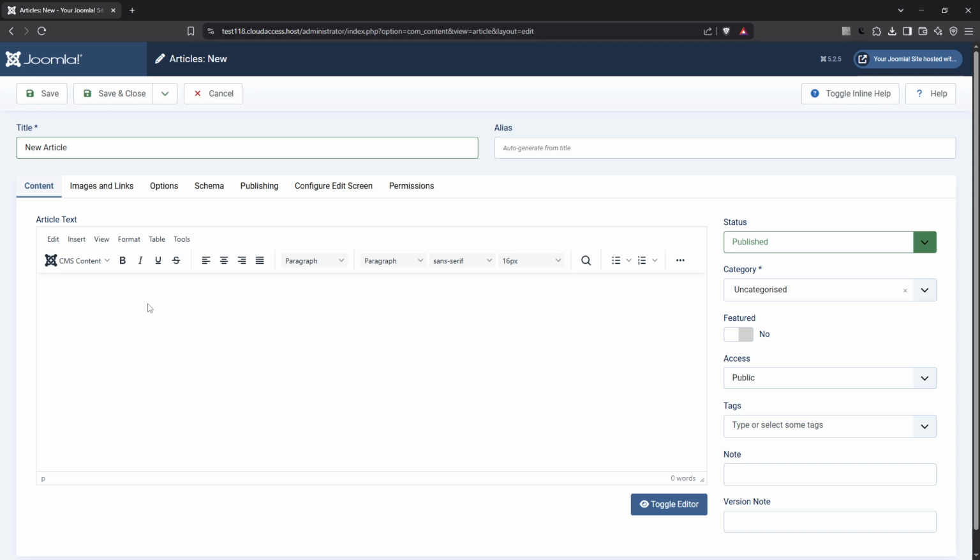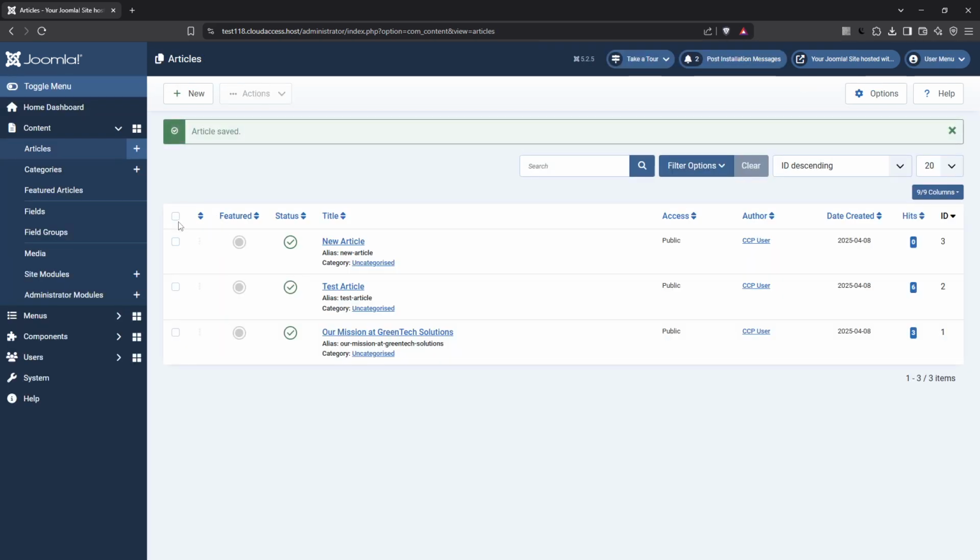Once you've added your content, it's important to save the article. Saving it makes the article available for linking, ensuring that it can be accessed when you set up your menu item links. Now that your new page is created and saved, we can proceed to creating menu items that link